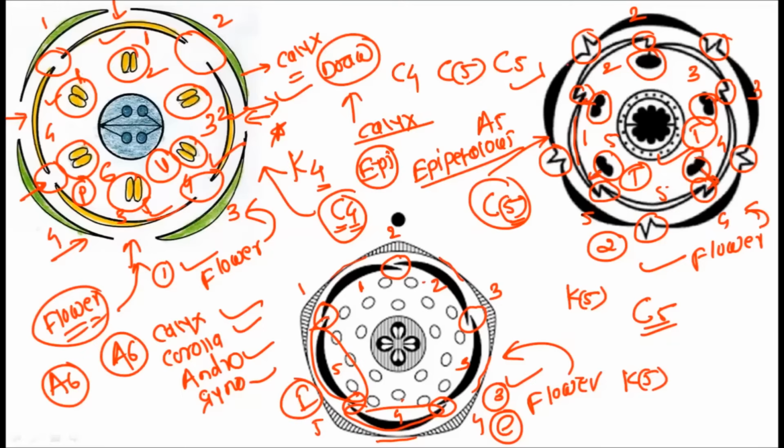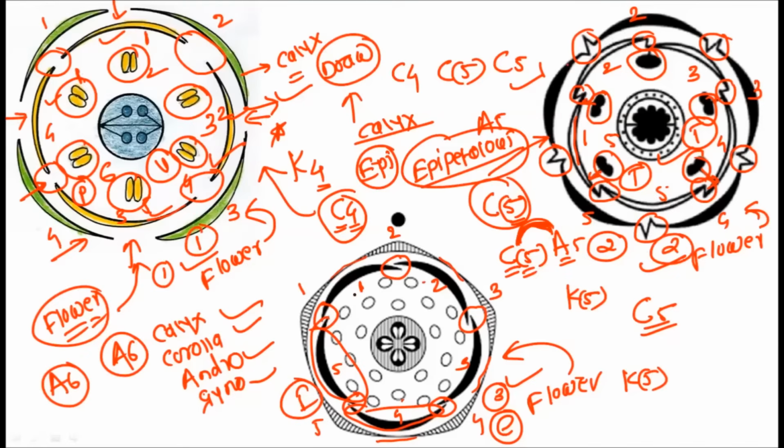So here when we say the calyx and the corolla are 5 in number, right, and they are fused, and after that when we write androecium and the androecium is 5 in number, we should give this symbol to show the epipetalous condition in the floral diagram. That is, the individual member of corolla, the petals, are connected with the individual member of androecium, the stamens. The fusion between the petals and the stamens is called epipetalous, and we should give this line right from the C to the A, where you will show the epipetalous type of condition. So this is how the condition is different from the first diagram to the second floral diagram.